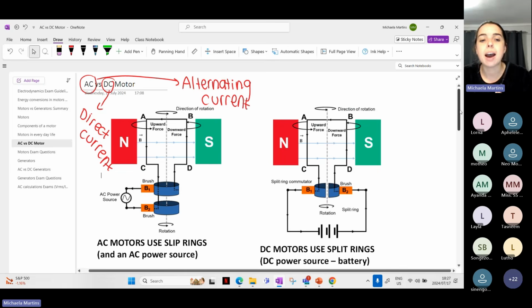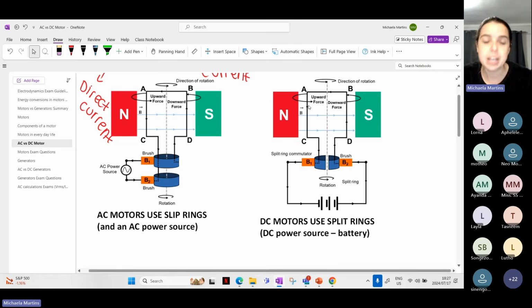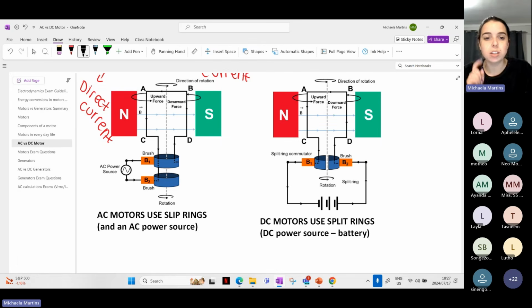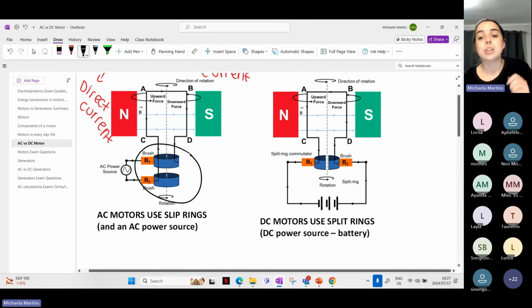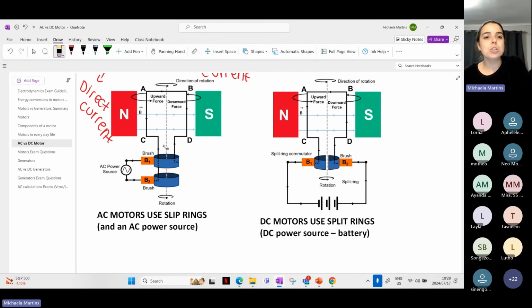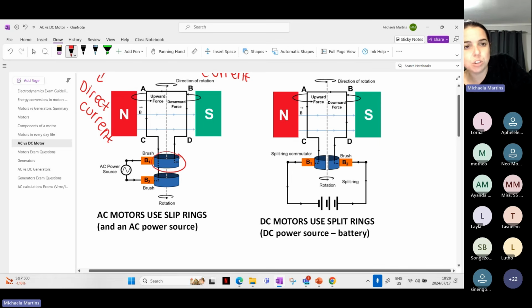If we have an AC motor, and this is also true for generators, so keep this in mind. If we have an AC motor, motors use slip rings, and slip rings look like this. There's two of them, and they slip onto the ends of the coil. So it's not obvious, but the first slip ring, this one over here, is connected to this side of the coil. Okay. And this slip ring is connected